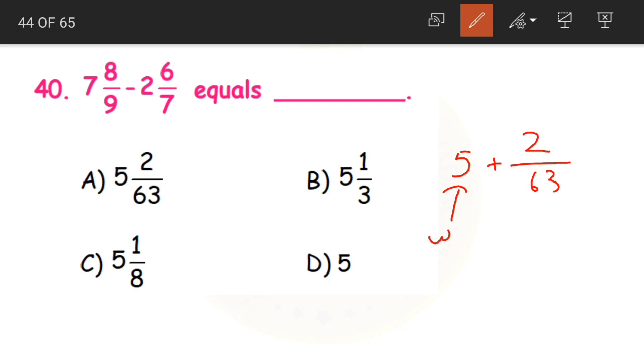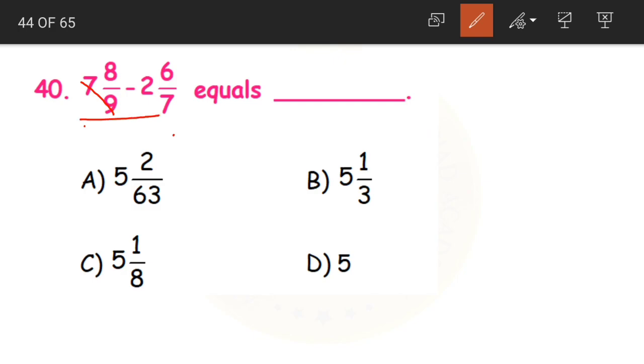Now this is a whole number and this is our proper fraction. How do we write them combined? 5 2 by 63 becomes our answer. That is option A. Yes, or else if you are not comfortable doing the subtraction this way, first you can